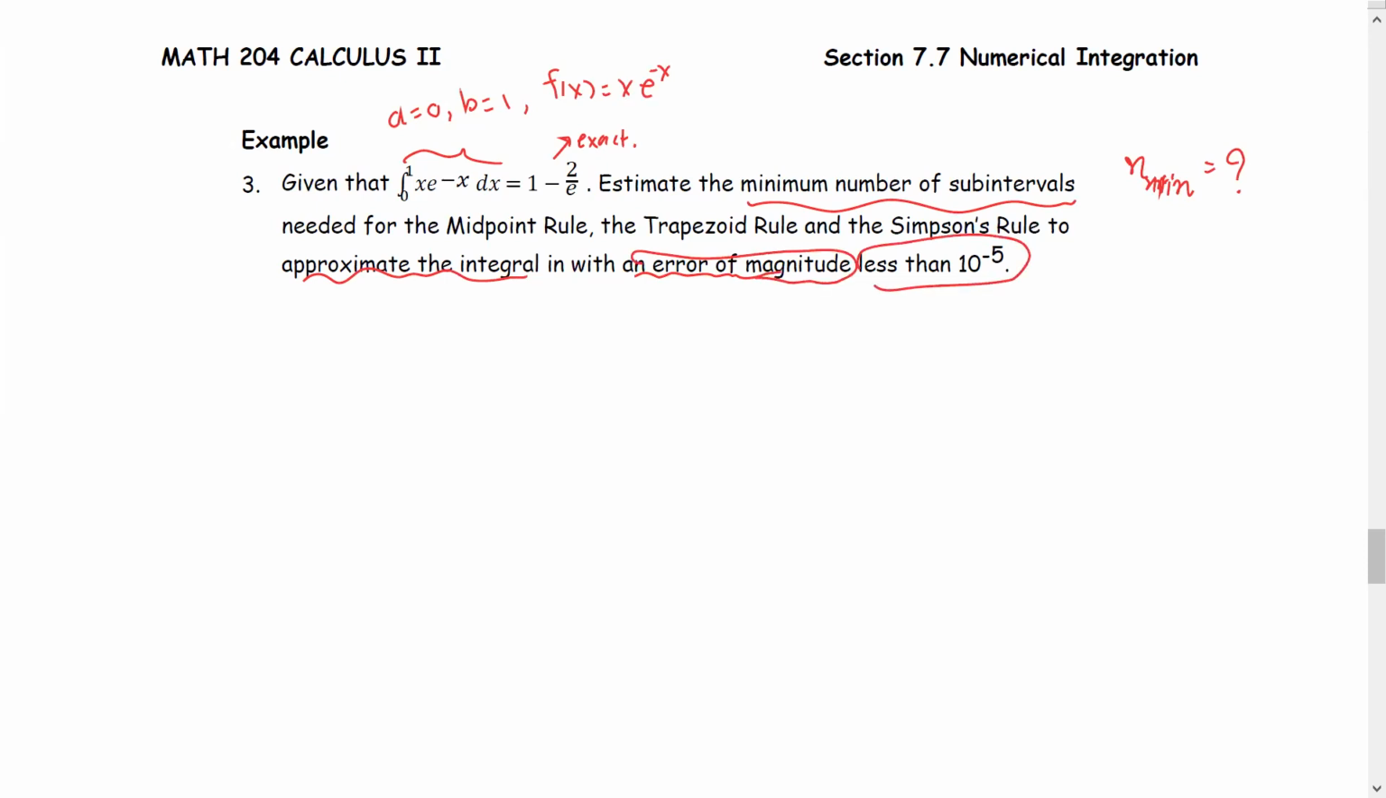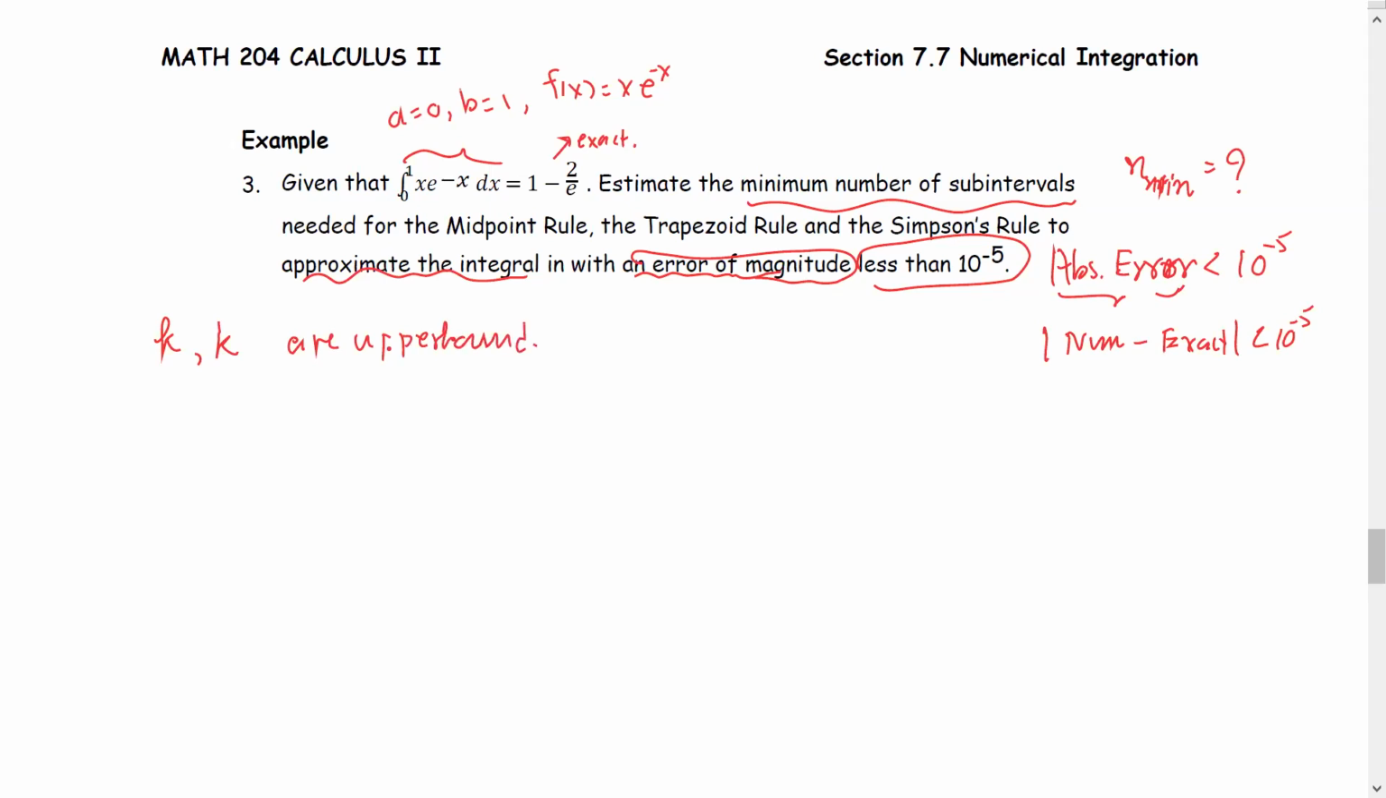So we're going to estimate the minimum n that gives an absolute error less than 10 to the negative fifth. We call the absolute error the absolute value of the difference between the numerical and the exact value. Recall the lowercase k and uppercase K are upper bounds of the absolute error. To find the lowercase k, we have to find the second derivative